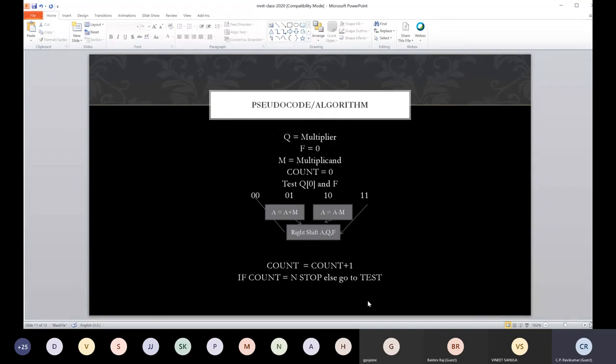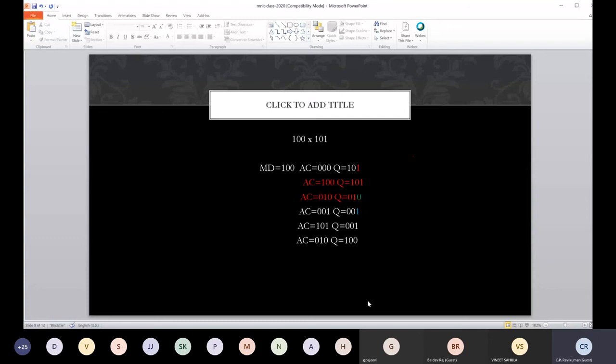You can apply this to the previous case and verify the answer. Okay, so here we would have coded it as 1 bar 1.